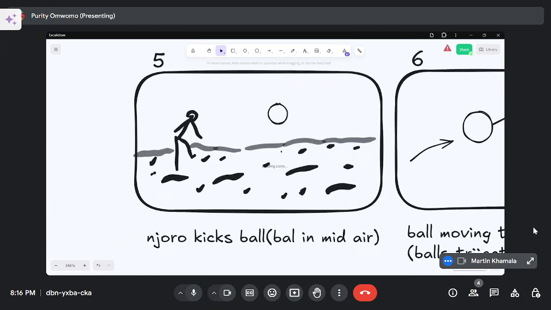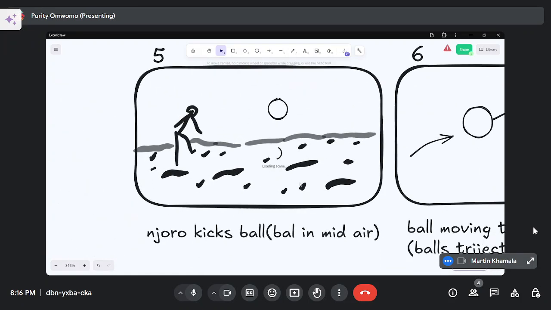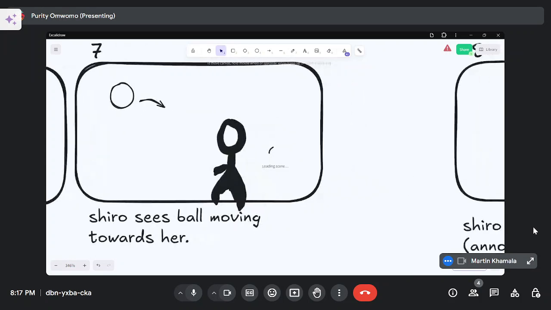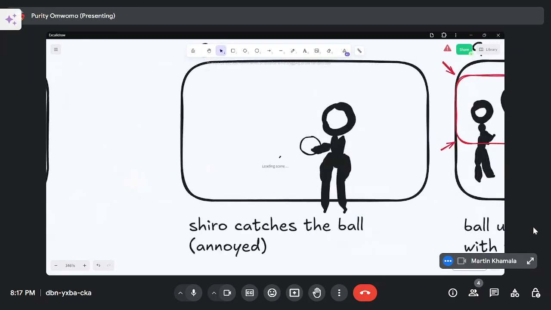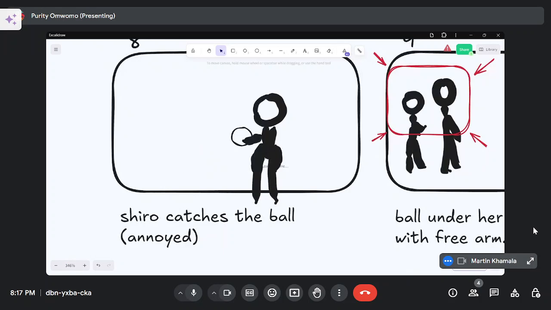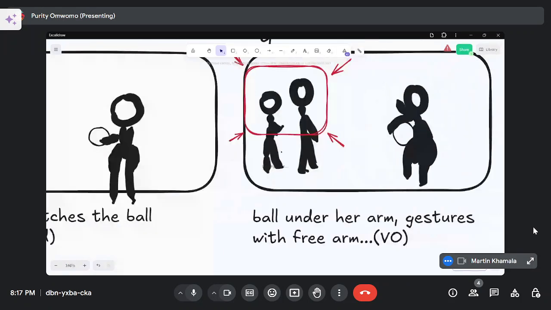In shot 5, we see Njoro kicks the ball with too much force, and it flies all the way to Shiro, who is standing at the far right. And then she catches the ball, and at that point, she's really annoyed because of what they're doing.